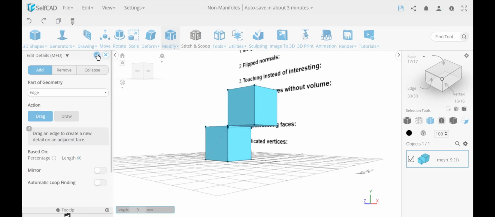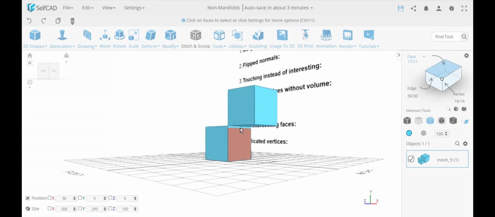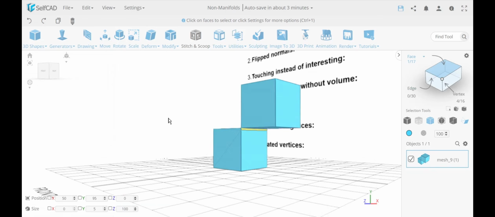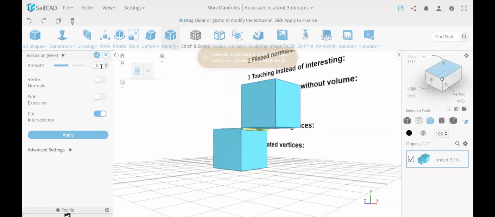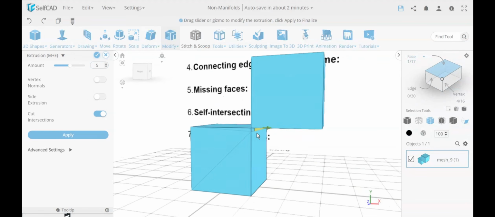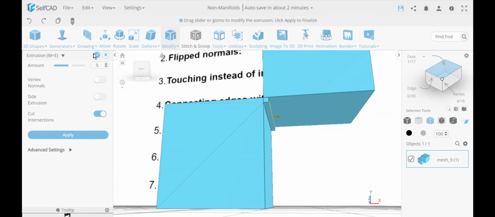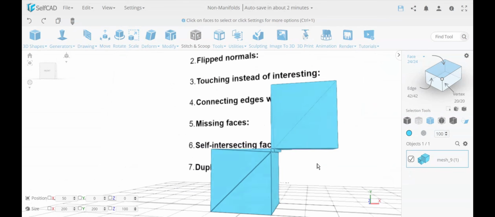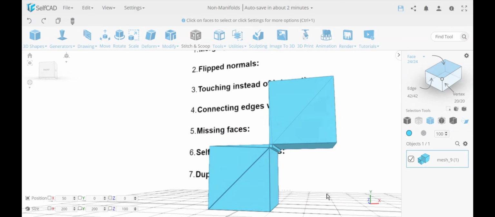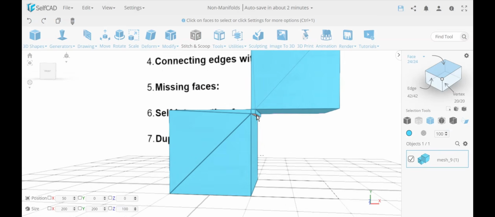Okay, so now I'm going to switch to face and select this face, and what I'm going to do here is extrude it by 5. Extruding by 5, and extrusion is also cutting. Again, I'm not going to go into many details of extrusion cutting, but you can see over here that it created these cuts. Everything is perfectly fine. Now this is already manifold, but the problem here is that